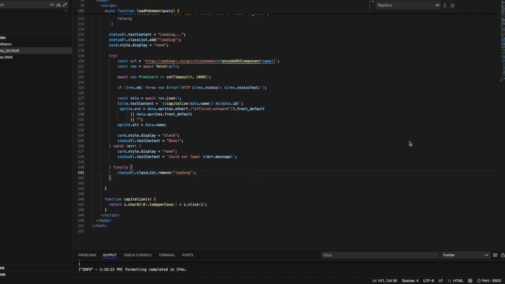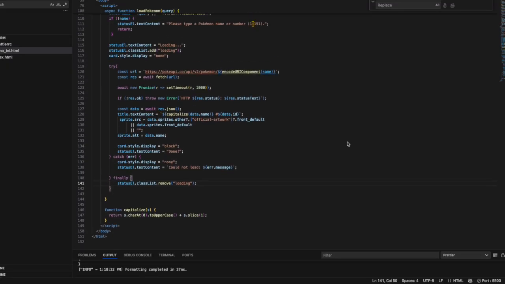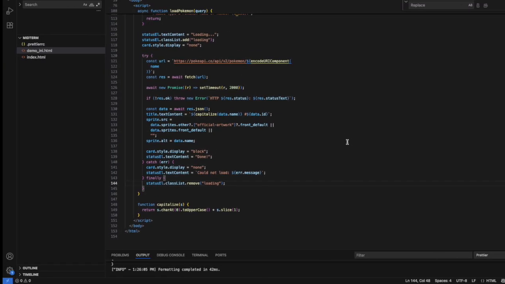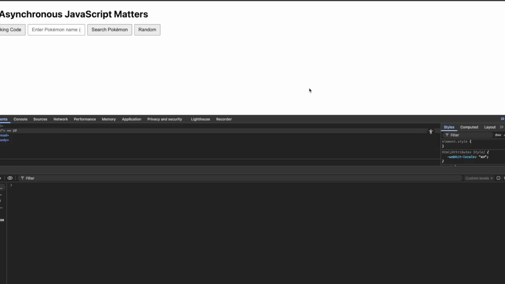Okay. That's basically what we got. Let's save and refresh the page to see what happens. Let's see if that works. It's loading. Yeah, it works. So as we can see, there's a 2-second loading time. After 2 seconds, we can see one Pokemon pop up. And this is an asynchronous